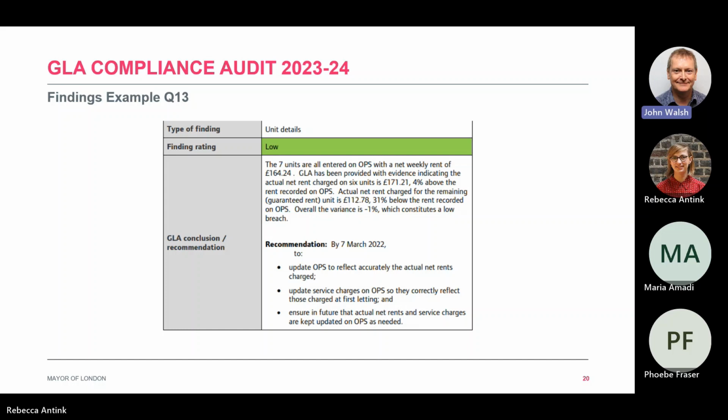If there was a variance in excess of 10% to 20% or thereabouts, then that could be considered a medium level breach and an amber rating. And then if it's higher than 20%, then potentially that could be a serious failing and a red rating. So it is important for us to see what those variances are, and that's just a reminder to auditors to present that level of detail. If we go to the next example,